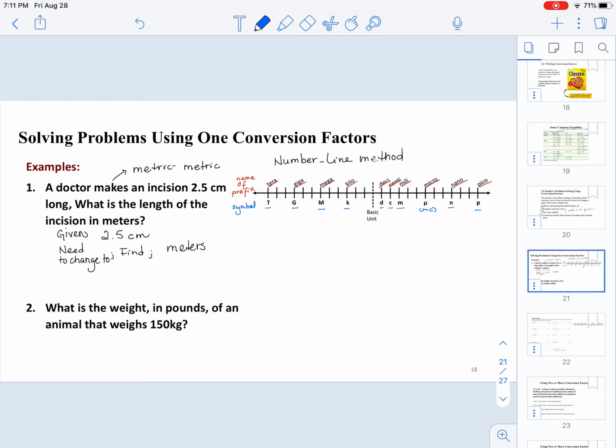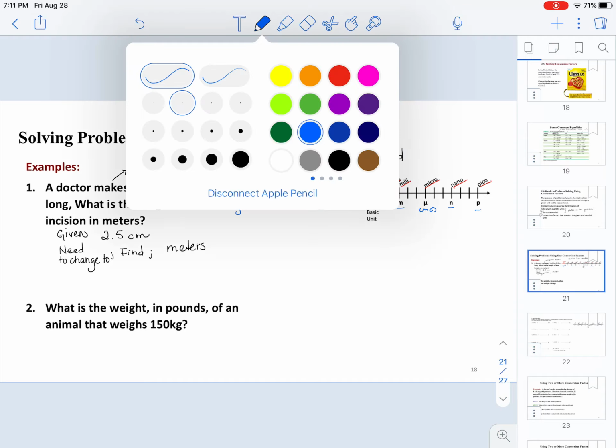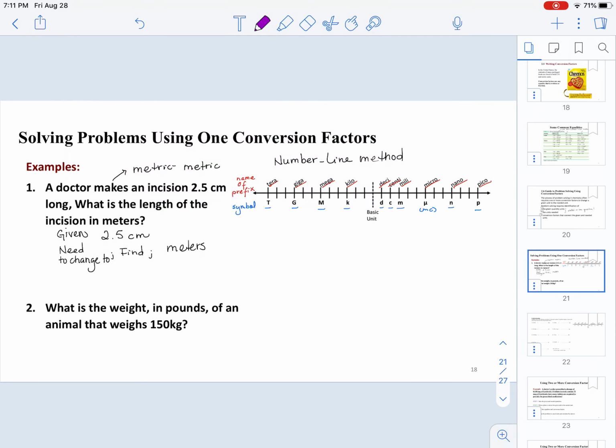As I mentioned, when we are doing this, all you have to do is this number line tells you how many places we're going to move to the right or to the left, these decimal places, in order to do this conversion. Now, if we look at the problem that we have in hand on number 1, what is given to me is going to be specifically centi. So I mark where centi is in my number line. Now, if I look around, then you have to ask yourself, wait, there is no meters in it. Well, because meters is going to be part of the basic unit. That's where we have our meters,